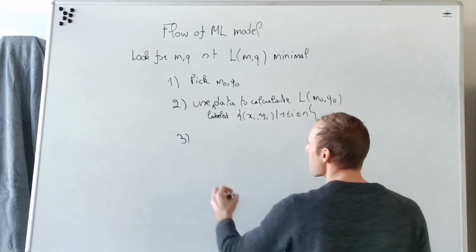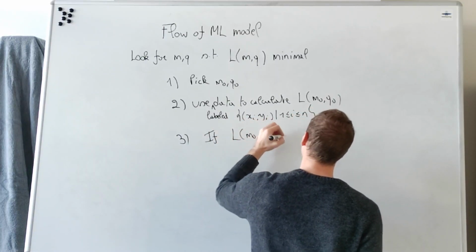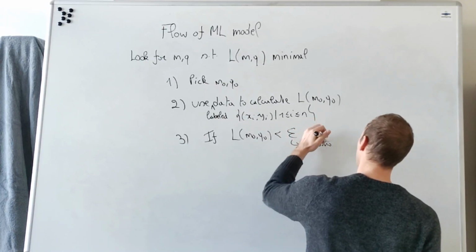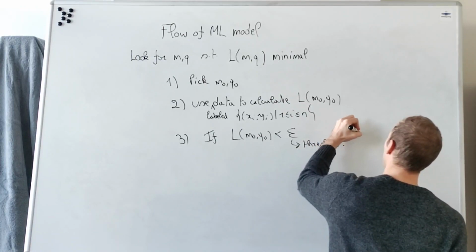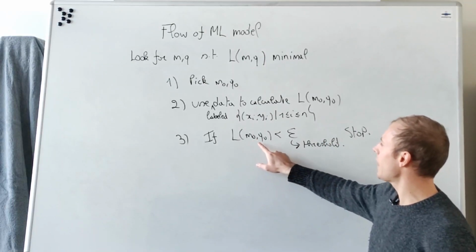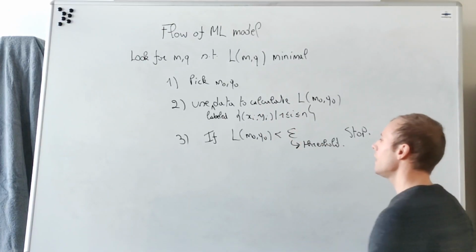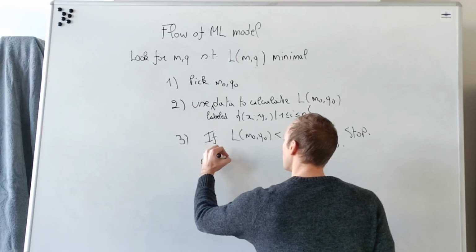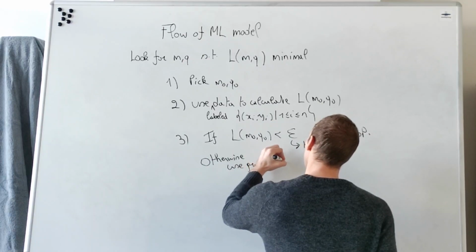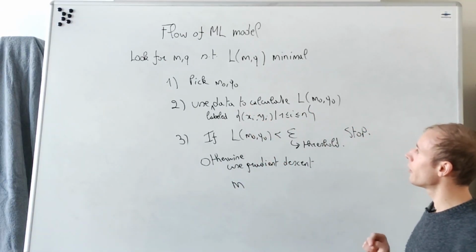And then step 3, if this loss of m0, q0 is smaller than a certain threshold, the model stops, or the algorithm stops, because we actually say that the m0 and the q0 that we have at this current moment is good enough to generalize our entire data. Well, otherwise, use gradient descent